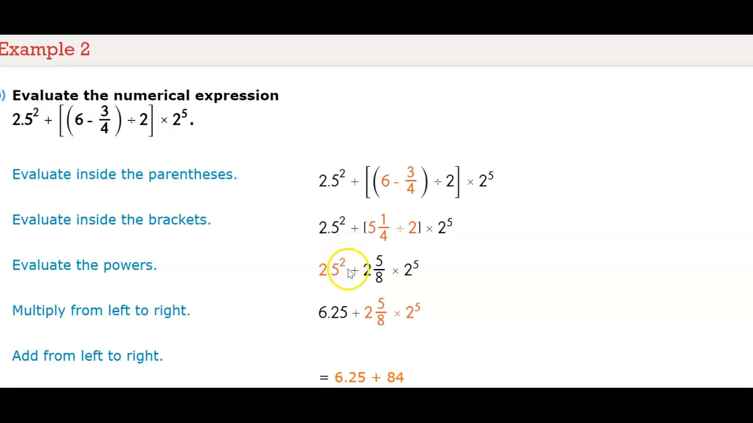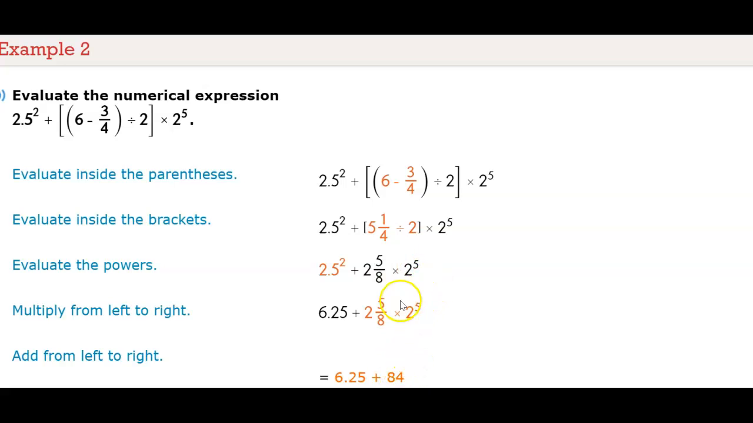And then we have 2 5/10 to the power of 2, and we have 2 to the power of 5. We would first evaluate the power, so start from left to right. So this one comes first, and then we evaluate 2 to the 5th power next. And so that equals 6 25/100. And then 2 to the power of 5 is equal to,